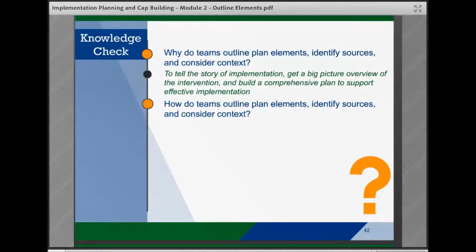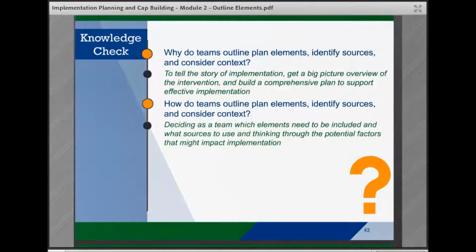How do teams outline plan elements, identify sources, and consider context? Deciding as a team which elements need to be included and what sources to use, and thinking through the potential factors that might impact implementation.